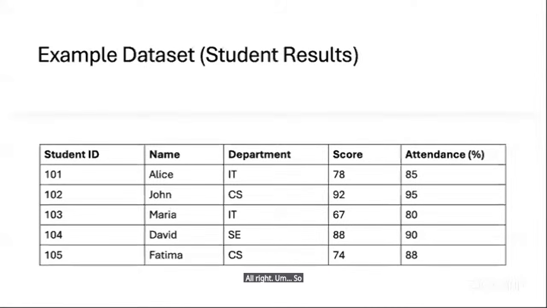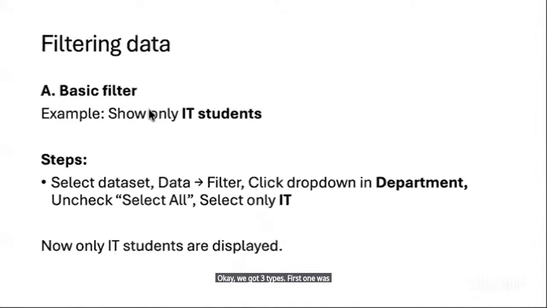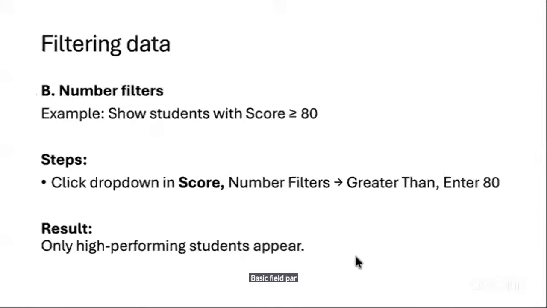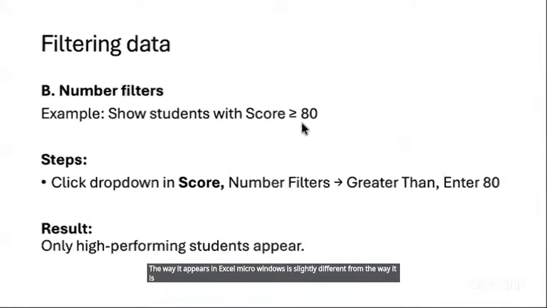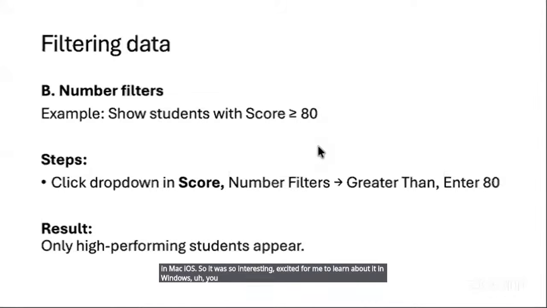So let me go back to filtering. Okay, there are 3 types. First one was this, basic filter, right? Then we go to number filters. So this number filter, I will definitely show it. The way it appears in Excel, Windows is slightly different from the way it is done in Mac, iOS. So it was so interesting, exciting for me to learn about it in Windows, how to place specific